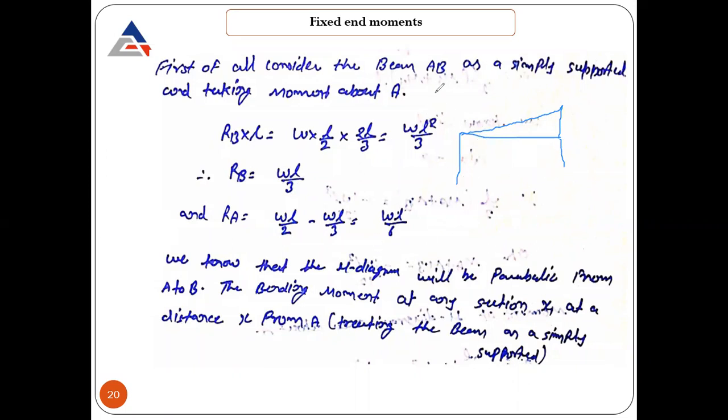So the reaction calculation is a very simple thing because everybody knows how to find it out. So we know that the bending moment diagram will be a parabola from A to B, which we already saw from the diagram. And for the bending moment at any section, we need to calculate it first, because the bending moment is going to vary. We need to consider a section, and this height we need to find first. So the height will be found by taking the similar triangle principle. This one is divided by the total, and this base divided by the total base. So you will get this value. These things we already know about, how to calculate. So let's see the further point.